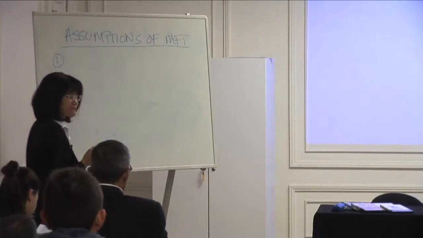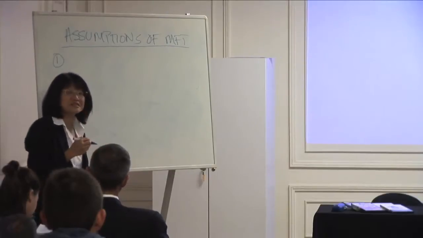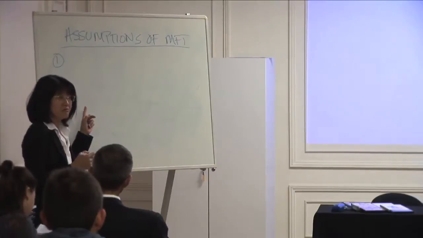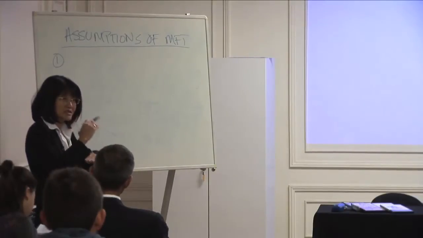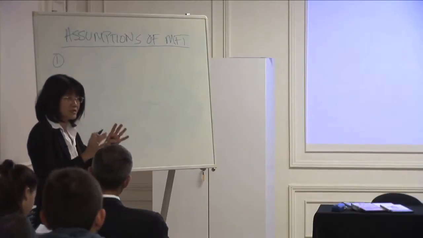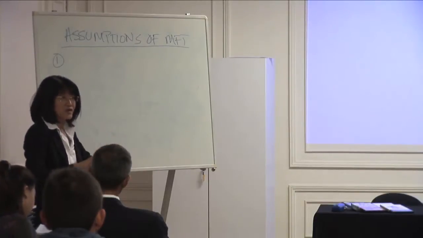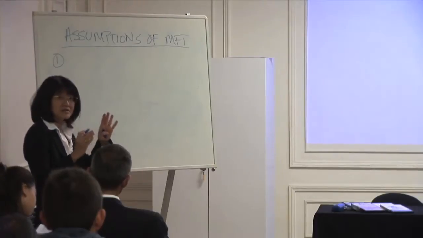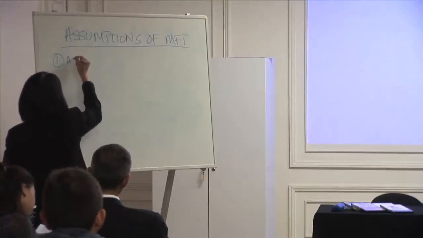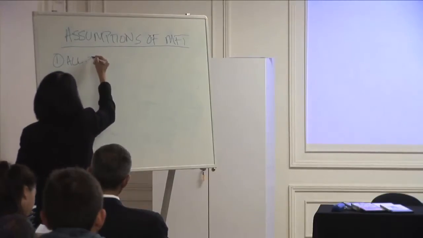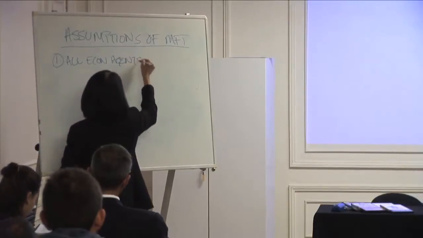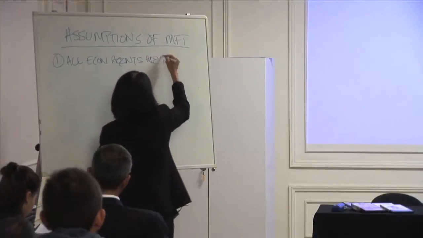One, now I want to say that these assumptions are made so that they could make these lovely models, by the way, CAPM, because they wanted it to be quantitative. In order to be really quantitative, they wanted it to be as simple as possible, get rid of all the noise. So you have to make assumptions to make the model easy to quantify. So the first assumption, all economic agents are rational.